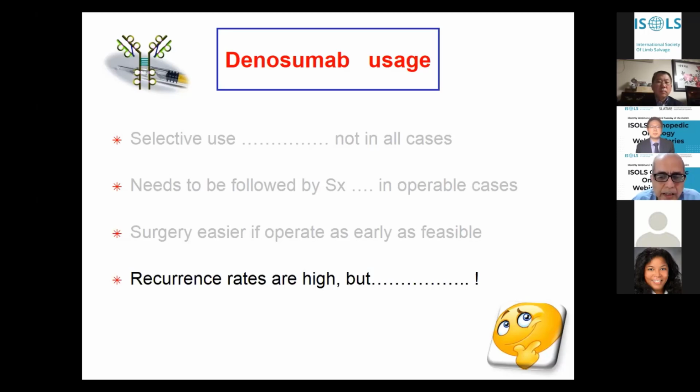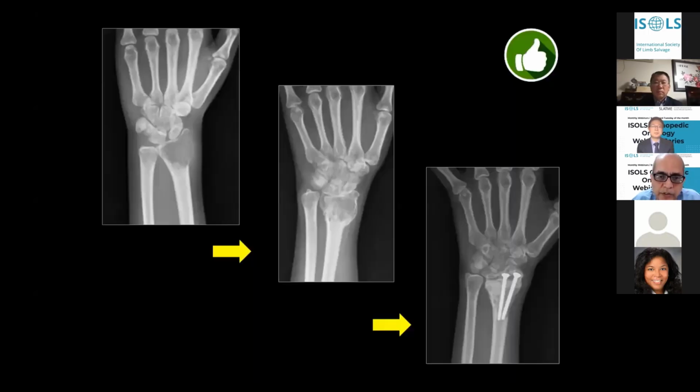But here there is a little bit of a debate. Are we being unfair to denosumab? Can we compare this to all comers of GCT and then balance recurrence rates? Or are we giving denosumab only in those cases in which there is potentially a much higher chance of recurrence? So can we actually blame denosumab for the recurrence, or is it that these cases inherently would have had more of a chance of recurrence?